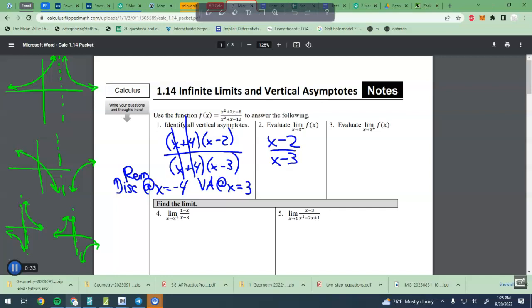So I'm going to check 3 from the left. Give me a number that is just to the left of 3. 2.99. So I'm going to plug in 2.99. And that will give me 0.99